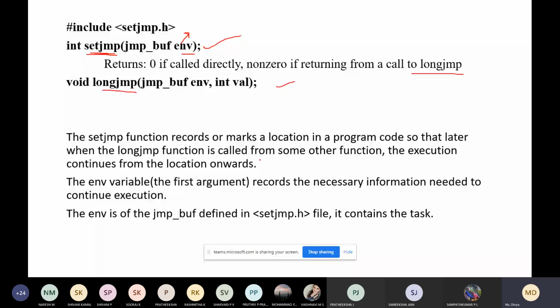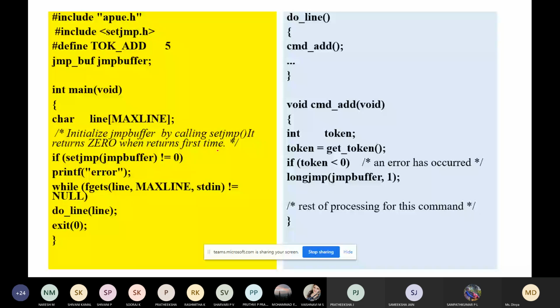Declare some header files. Here we are specifying a label. In setjmp we have an argument env.